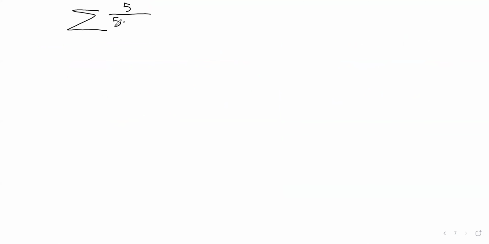5 over 5n plus 7. And we'll see if we can show that this either converges or diverges using the comparison test. And as I say, let's try making it small. Oh, that doesn't work. Let's try making it large. That didn't work either. Okay, let's go back to small. I mean, unless we want to do a lot of that, we need to have some kind of intuition about whether this